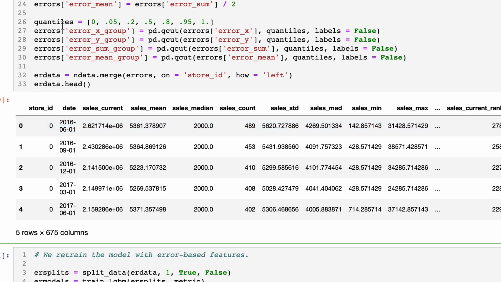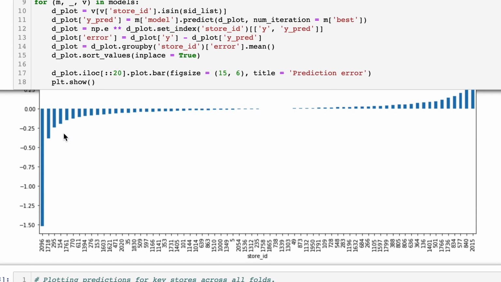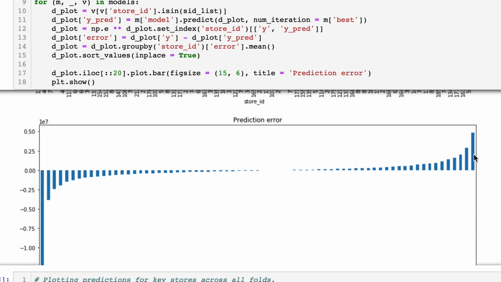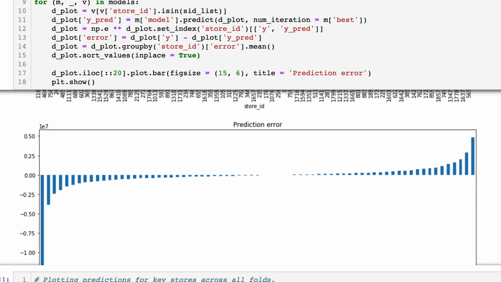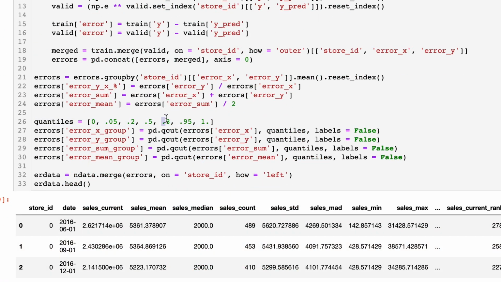Later, I introduced the quantile split. Here, we're able to see that actually it's only a lower percentage of our stores that is performing really poorly, and here as well, so at the top and the bottom part. Then we have some stores that are performing averagely, some stores that are performing pretty well but leaning towards the negative, some stores that are performing really well but leaning towards the positive error, and basically the same, performing average but leaning towards the positive, and performing very badly, leaning towards the positive. So that's exactly how I divided those values into the quantiles,